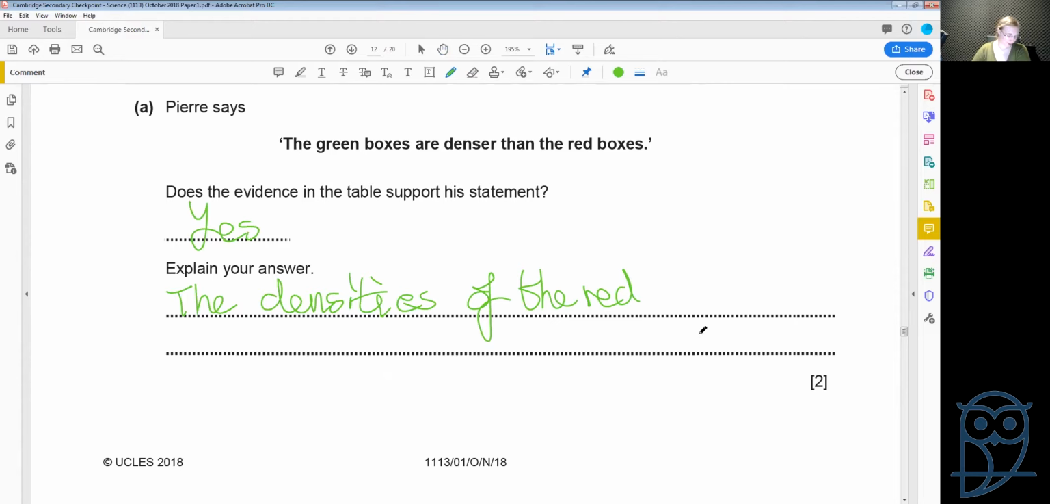So the densities of the red boxes are all lower than the lowest